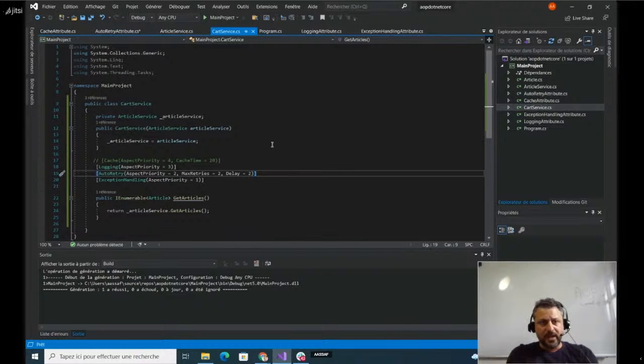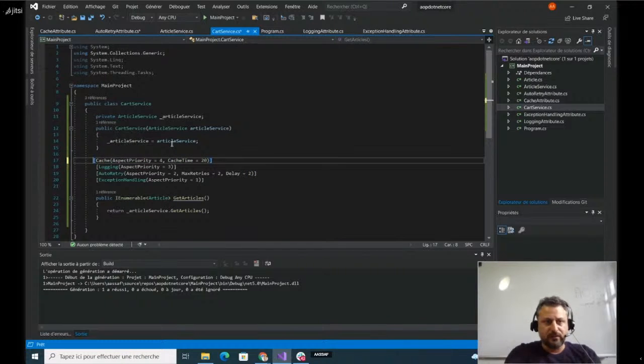So now let me also introduce the fourth aspect, which is the cache. Simply by adding this attribute now, I will cache the result of the get article method in my cart service, and I will no more call the API. The cache time is 20 seconds here.